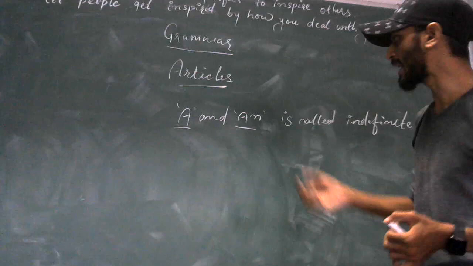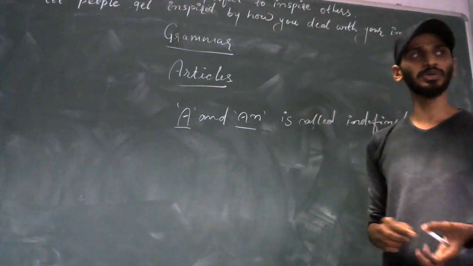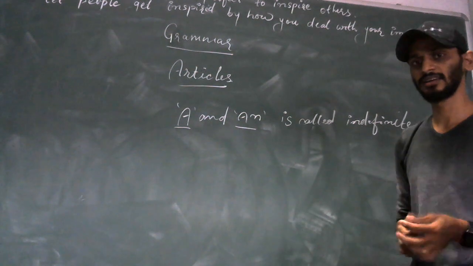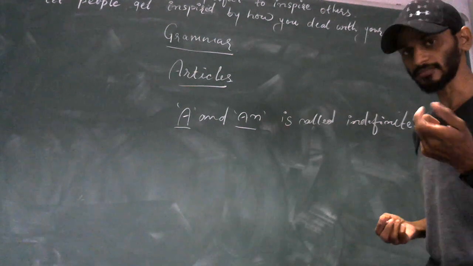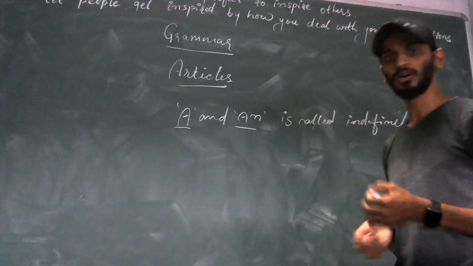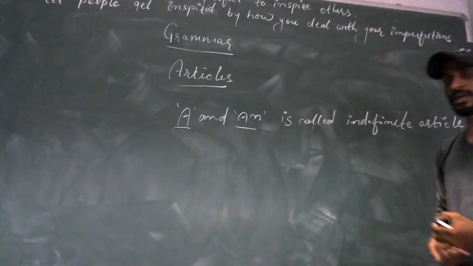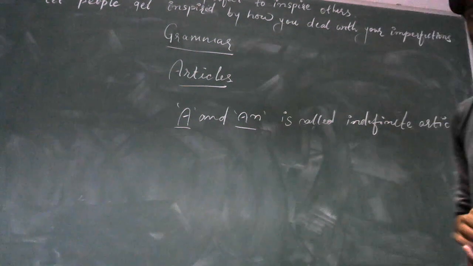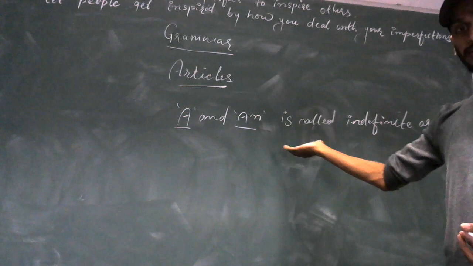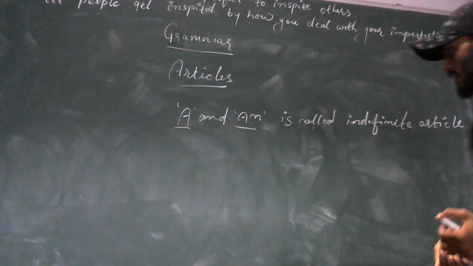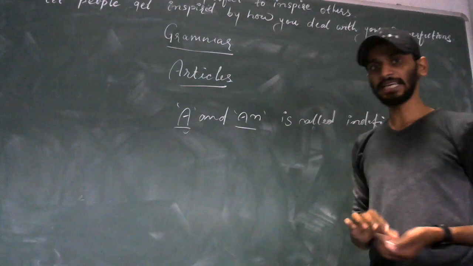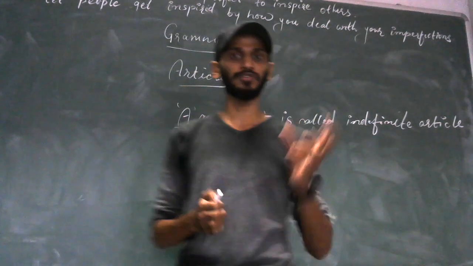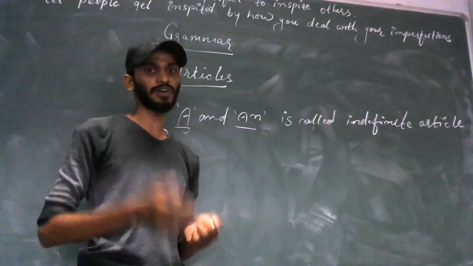First of all, to write the indefinite article, you need to check whether the noun starts with a vowel or consonant. So in this way you can recognize the noun, and after recognizing the noun you will automatically be able to write A and AN. Whenever you read in the textbook, sometimes you find A and sometimes in the sentence you find AN.